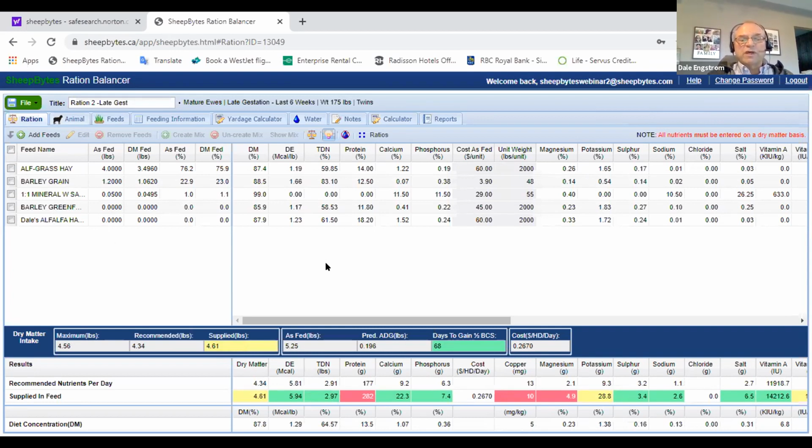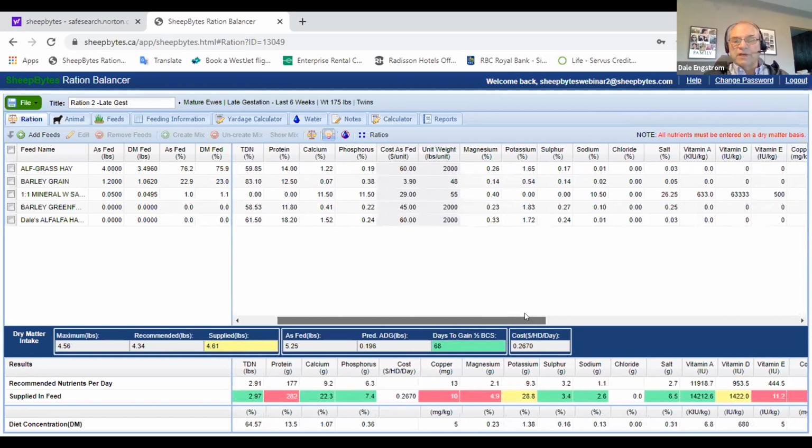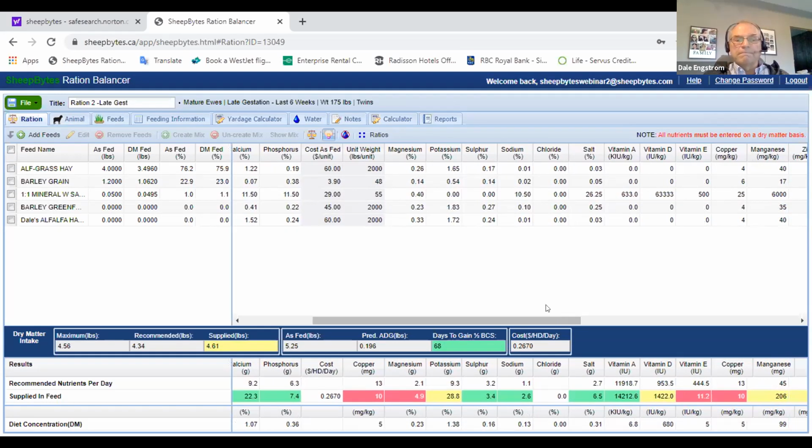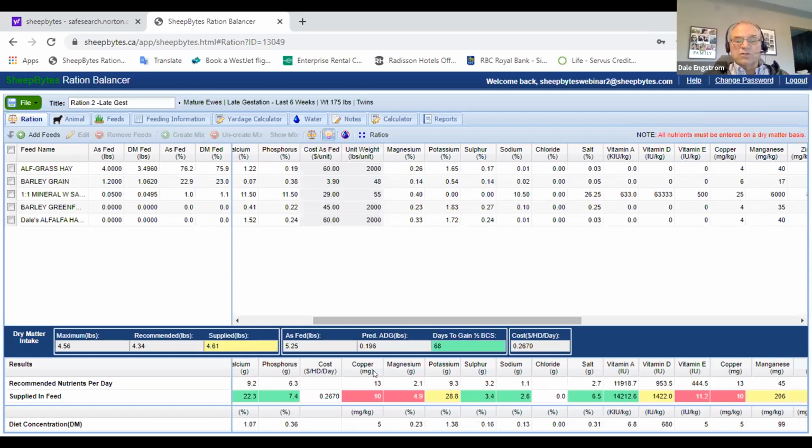So as Barry mentioned, we can go through here and do some what ifs. This mineral that we've got in here already would be a good source if you had enough sheep and you could get a custom made mineral. If you know that you're a little bit short on an item, for example, we're a little bit short on copper, instead of the